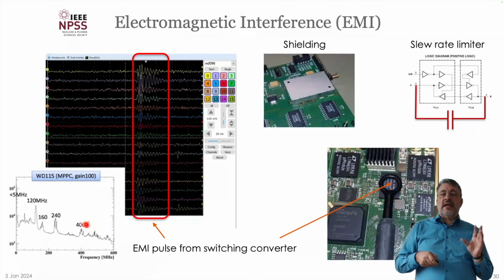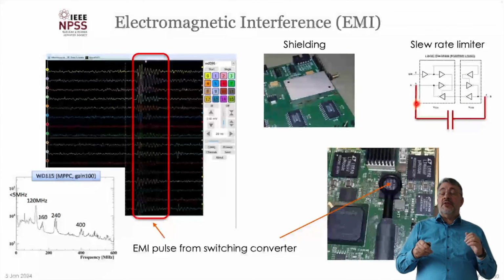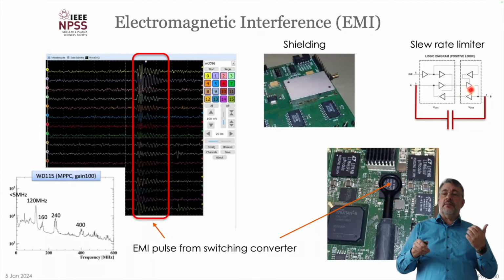So you need to very carefully shield everything which generates EMI, in a way such that you put some housing around the circuits which produce radiation. If you have very fast digital signals, you even put in some slew rate limiter. This one is for a one-wire sensor, which has a very fast rise time that produces EMI. So just by putting a capacitor here to reduce the rise time a little bit, the EMI is reduced